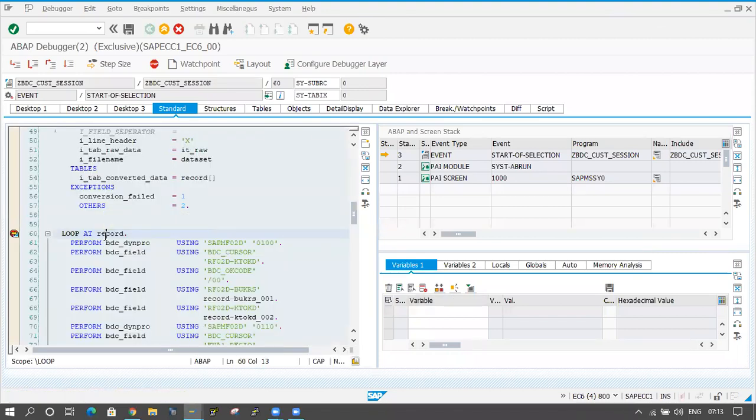Double click on record. Zero records are coming now.